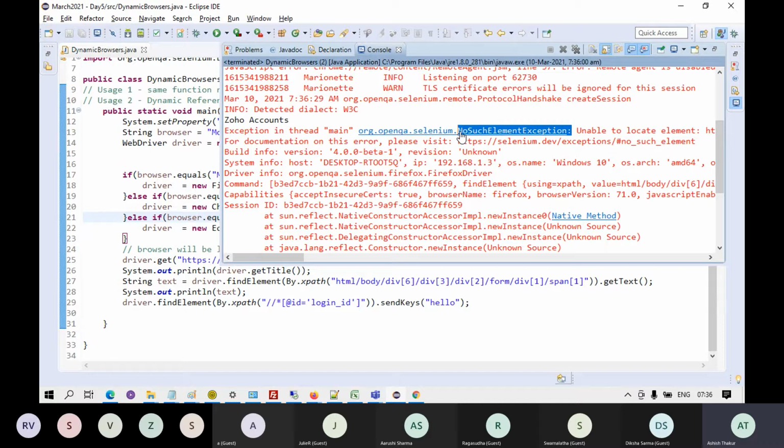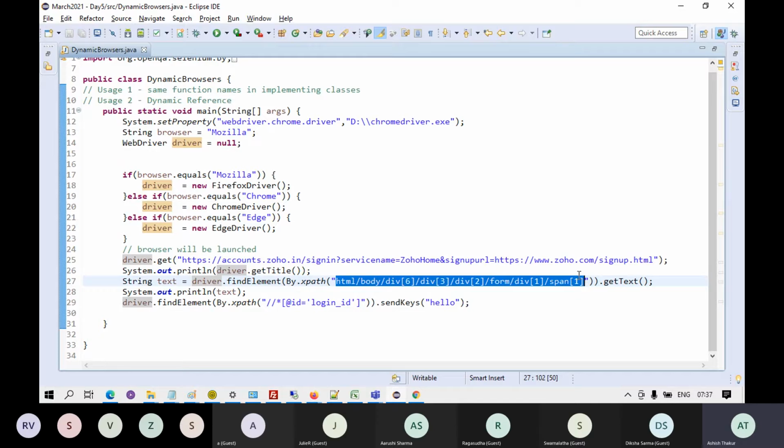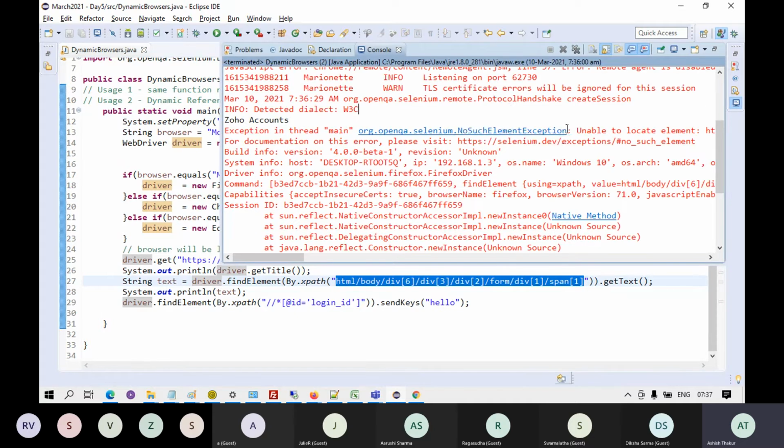Okay. So what do you do in this case? First of all, you have to make sure that the element is there on the web page. Sometimes elements take time to load. Maybe the page loads and after 5 seconds the element loads, right? But before I go to all these things, let me talk about exceptions in Java.